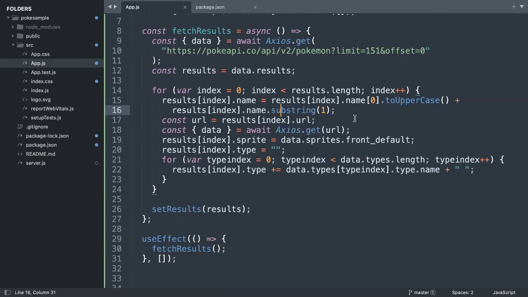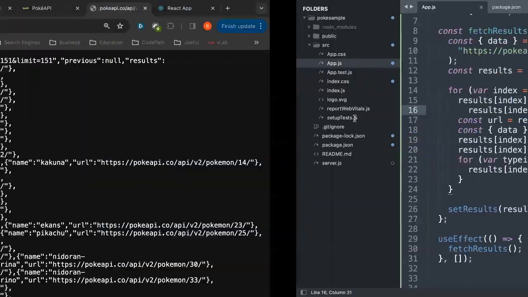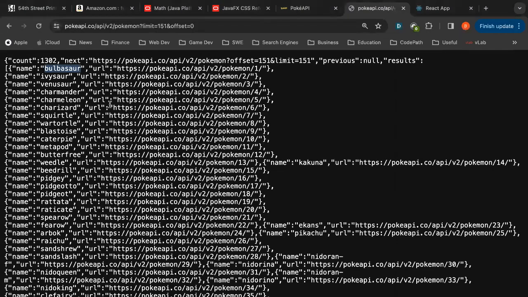The next thing is going to be to go grab this URL. That URL that you're going to see right there is going to be referring to the next thing that we see. You'll see this URL here, and then right next to it is going to be something like this. And that URL is going to be yet another API endpoint that's then going to tell you about that particular Pokemon. So if I take that and copy that,